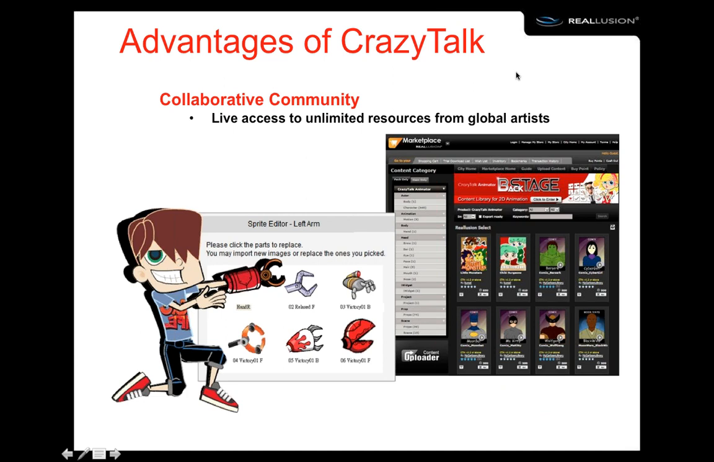And besides being able to use all the content that comes with the software, you're also able to go online and acquire additional content. We have two places. We have the online store, the official Reallusion online store, where you can purchase additional content packs made by Reallusion. But we also have the marketplace, which is a public platform where you can search for content made by other artists or other people from around the world. You can find tons of content there. You can find free props, free animations,